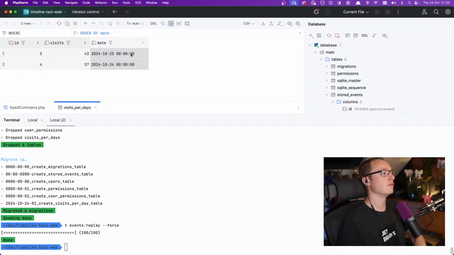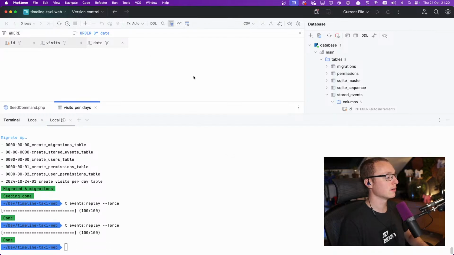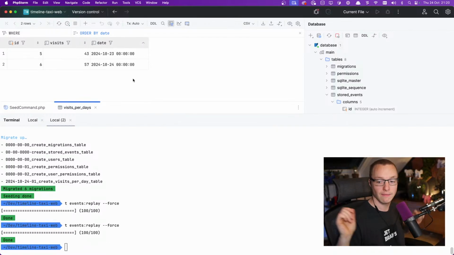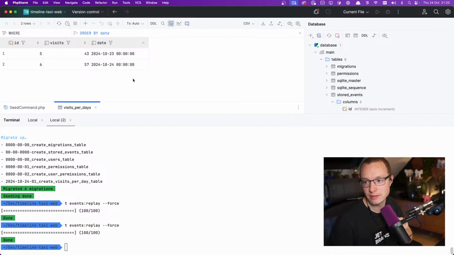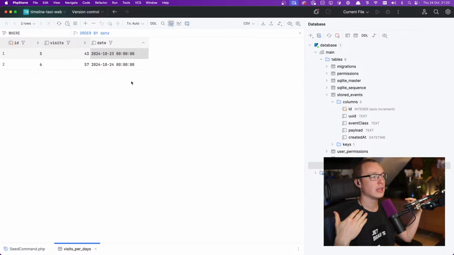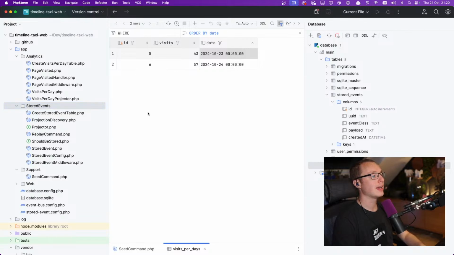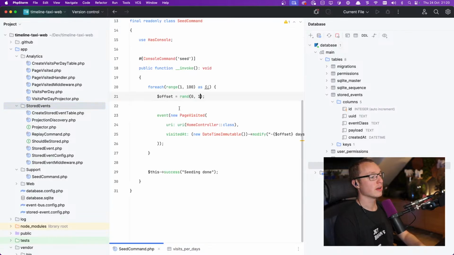And if we delete this data, so it's empty, now we can replay again, and it's there again. Nice, pretty cool, right? The benefit is that this is a read model. You don't update it directly, but the data is here in an instant. You don't have to do any querying on a page visit table, and you don't have to be afraid if tomorrow I want to make a visits per month